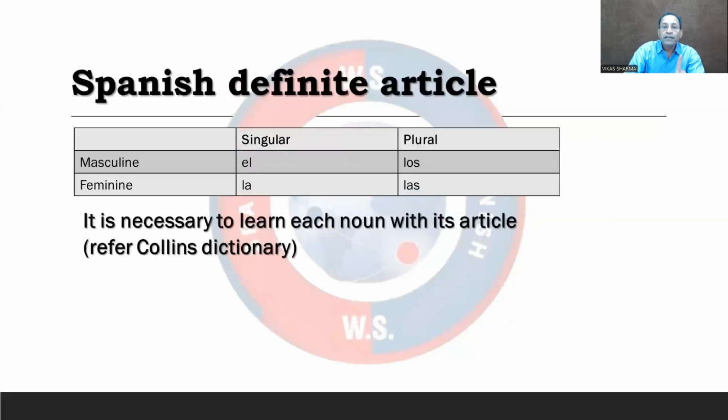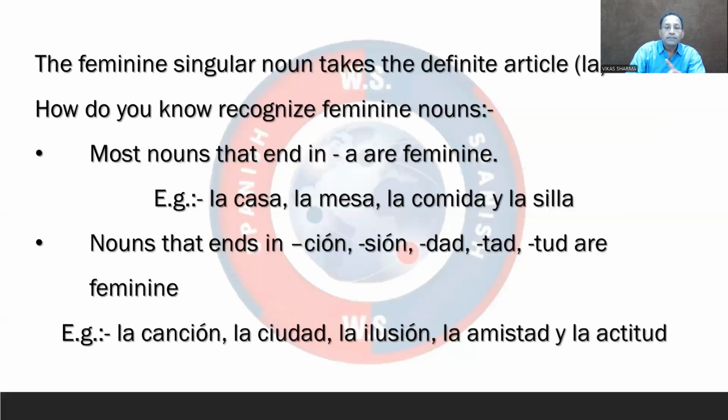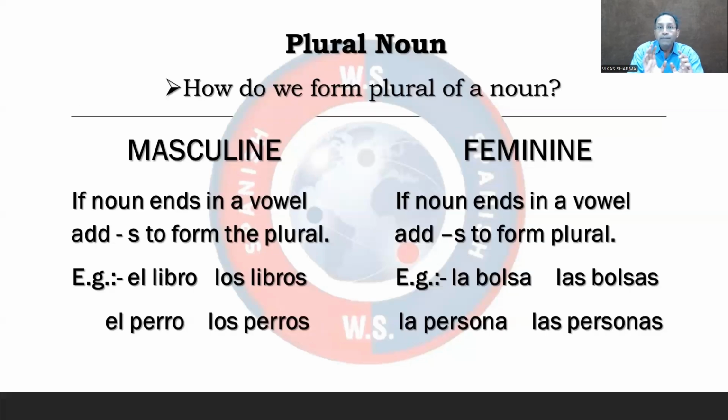I'm going to repeat it again for you. Singular, we were using el and la. For plural, we'll be using los for masculine and las for feminine. Again, el libro. Libro, ¿qué significa libro? Book. El libro, the book. Now, el means it is male. Los libros, the books. So you need to add S at the end of libro, as you can see, and